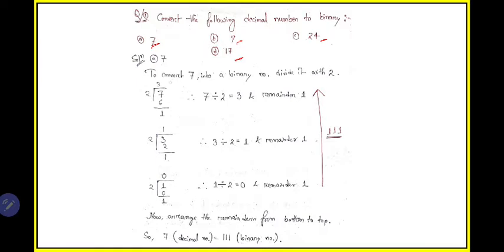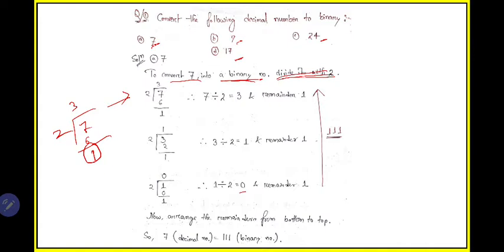We will convert 7 into a binary number. This is a decimal number, we need to convert it into a binary number. Divide it by 2. We will divide by 2 again and again repeatedly until we get the final result as 0. So if we divide 7 by 2, look here, what will we get? 3 twos are 6. So 7 minus 6 is 1. Our remainder here is 1. So the second rule was, write on the what side?